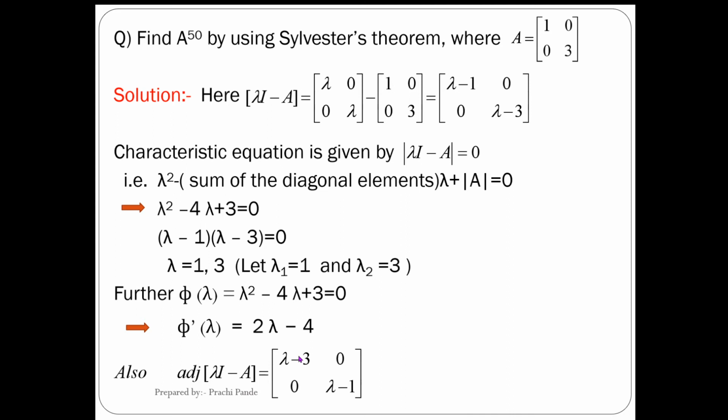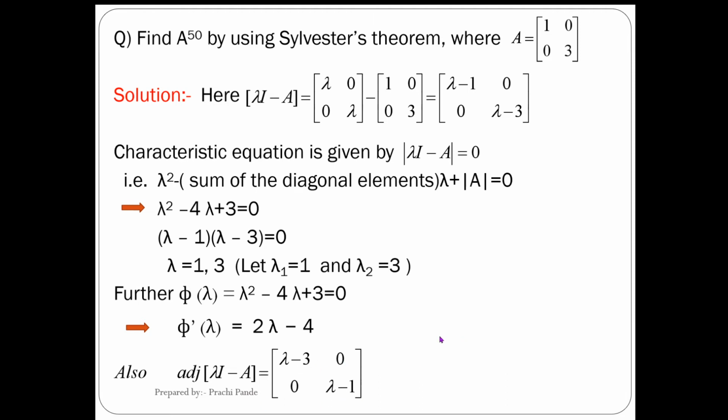So here I have interchanged the diagonal elements of the matrix lambda I minus A. The adjoint of lambda I minus A becomes lambda minus 3. Here we need to change the sign of non-diagonal elements, but both are 0, so there is no need to change the sign, and that's why the matrix we obtained is lambda minus 3, 0, 0,